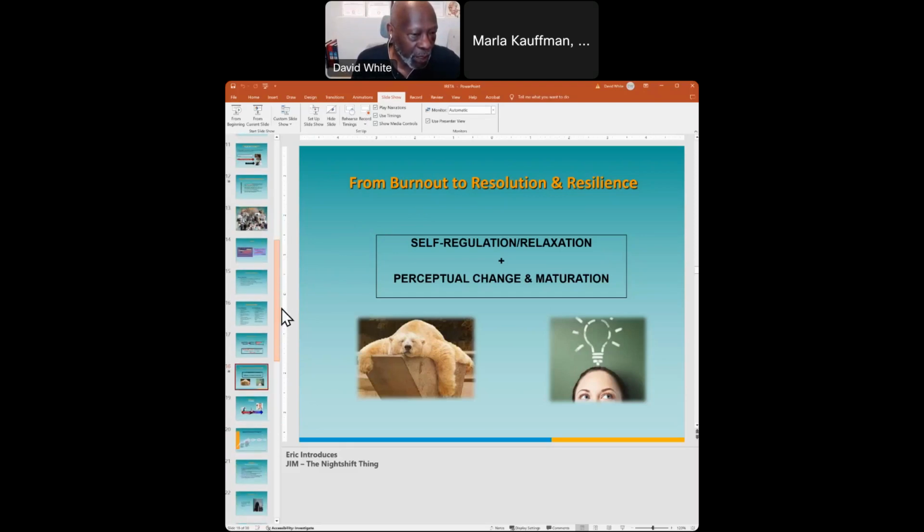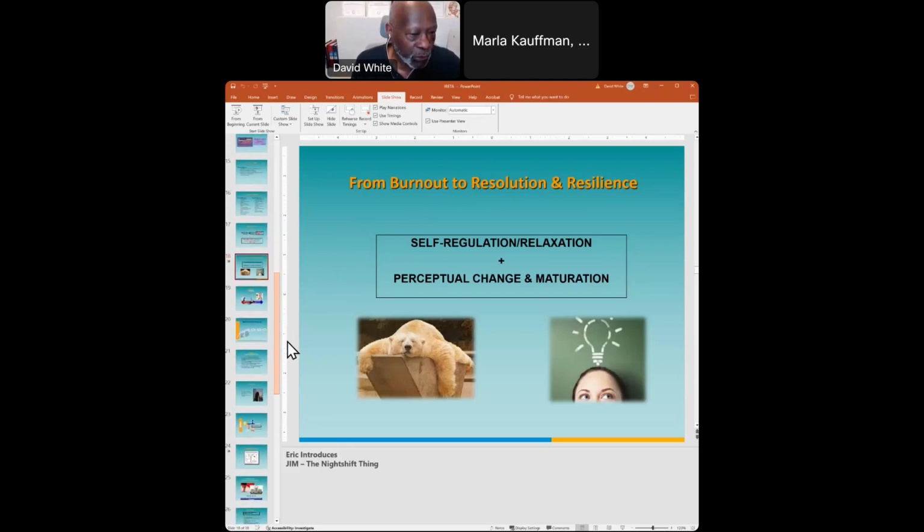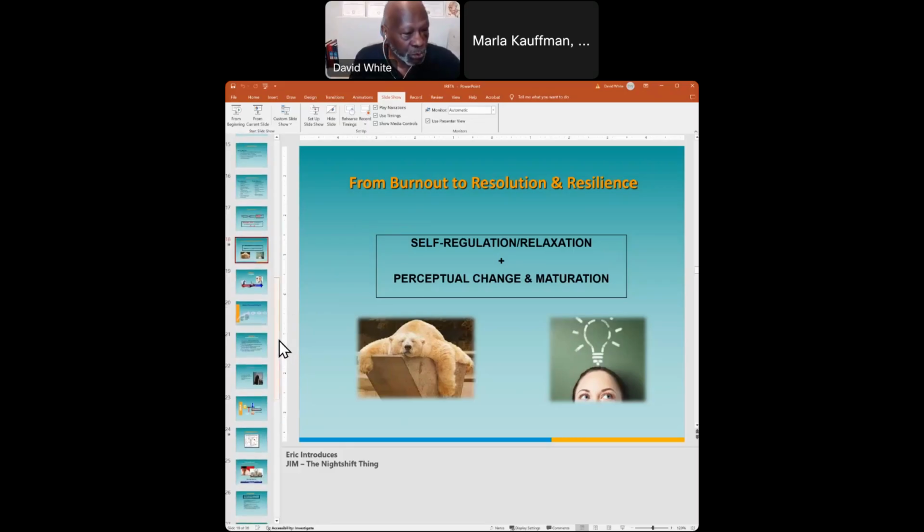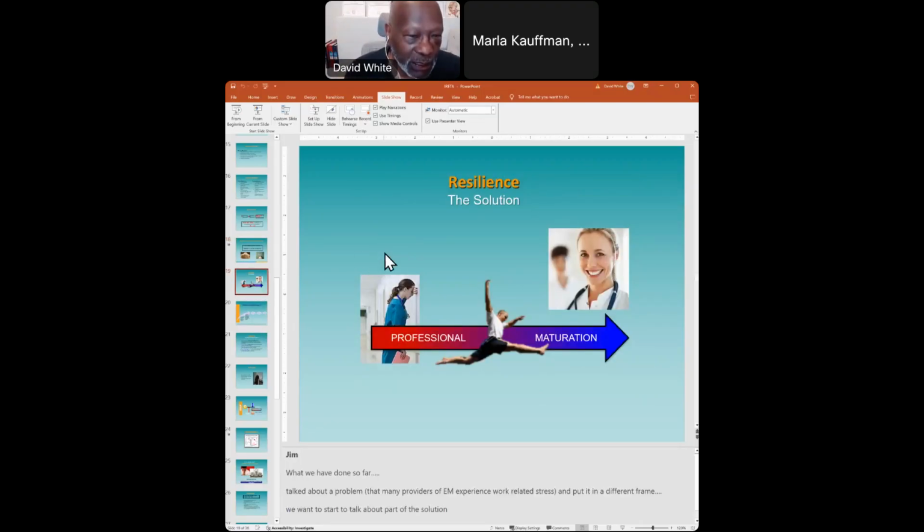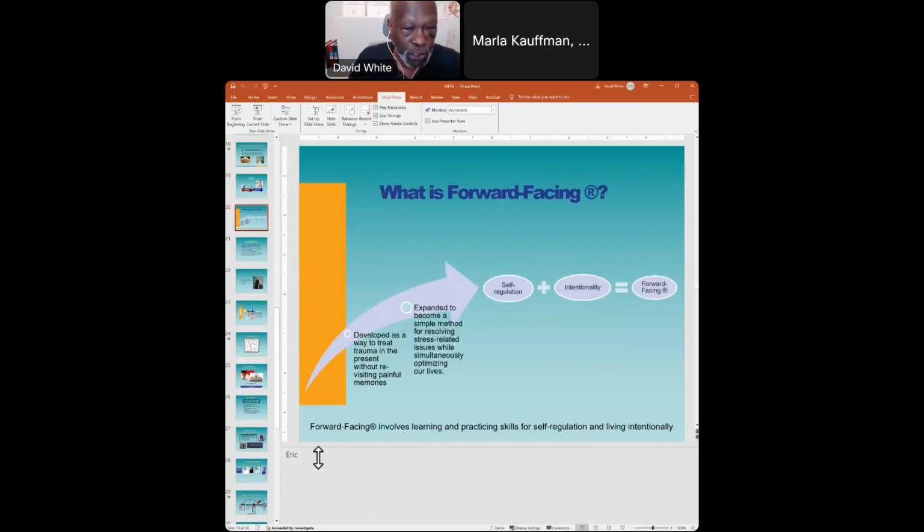And obviously, because of the time, I don't have time to go into all of it, but I will be giving you in the next few minutes the distinction of what we do in terms of the skills that we teach in the workshop. Okay, so I talked to you about the problem. Resilience is the solution. So now we're moving into, so how do you stop yourself from going into compassion fatigue, or what are the things that you do to come out of it once you're there? So let's now look at what is forward-facing.